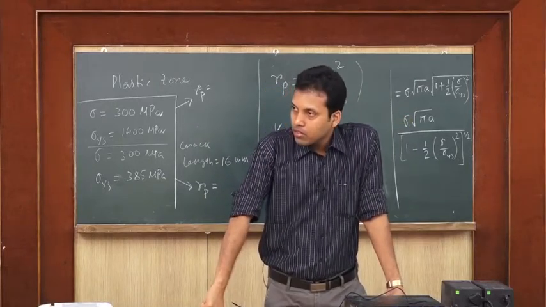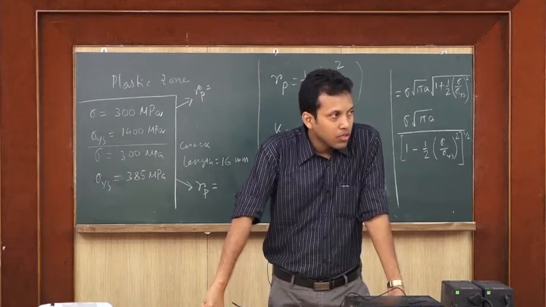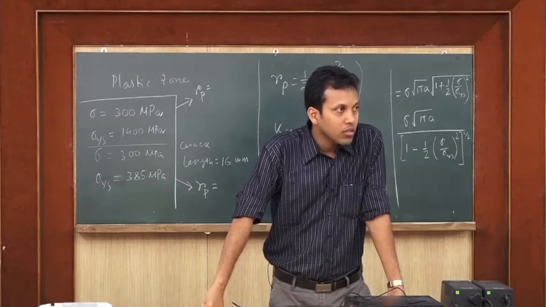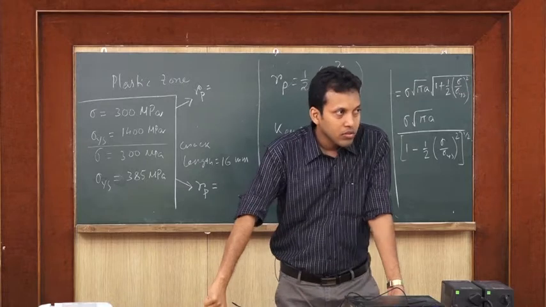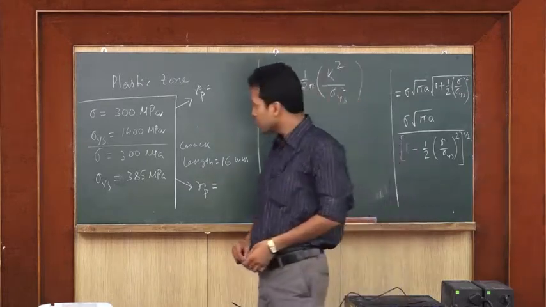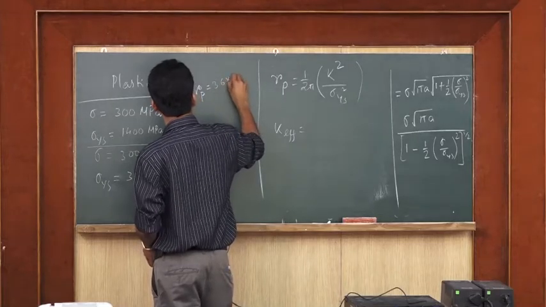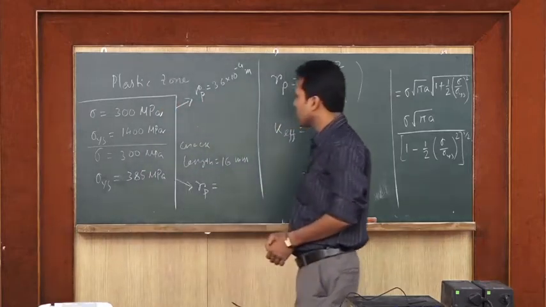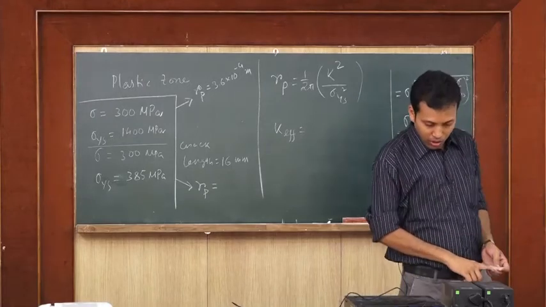Sigma root pi a, sigma is 300, root over 3.14 into 0.008, how much did you get? Okay, it will be 3.6 millimeter, right? Then 10 to the power -4, okay, -4, good. So it is 3.6 into 10 to the power -4 meter in the first case, and in that case when yield strength equals 385 MPa,